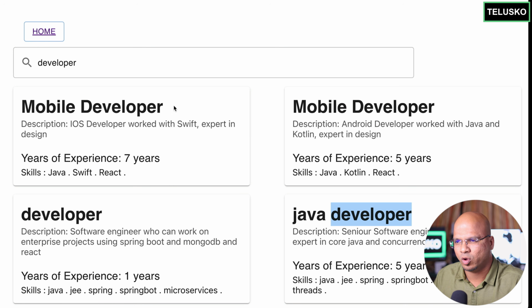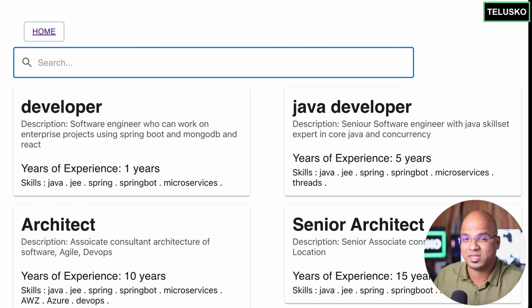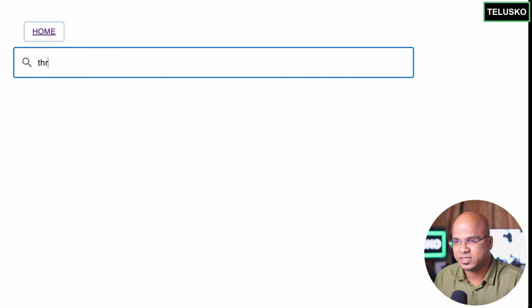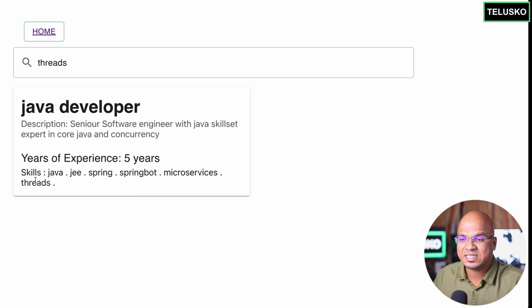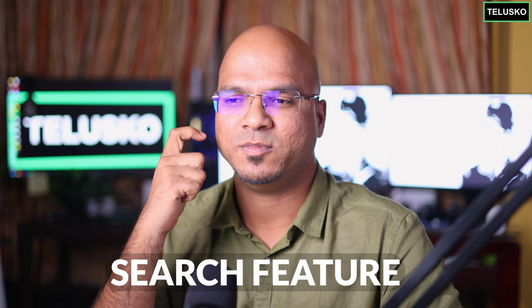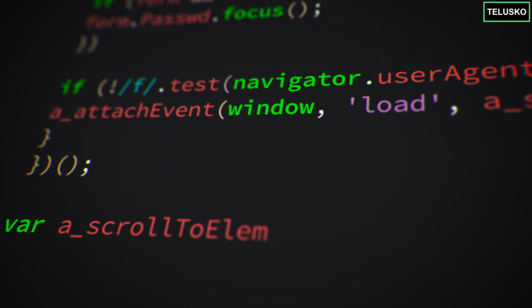But what if I'm not sure what profile I need, but I'm sure that I know something. Example, let's say I know threads. So I can simply type I know threads, and you can see it will find a profile where the skill set is threads. Okay, so basically we are also able to search. And that's exciting, right? Because you're implementing a search feature. And trust me, if you do it by yourself using Java code or any programming language, it is very time consuming. And we have to write a lot of lines of code. So we'll understand how we do this